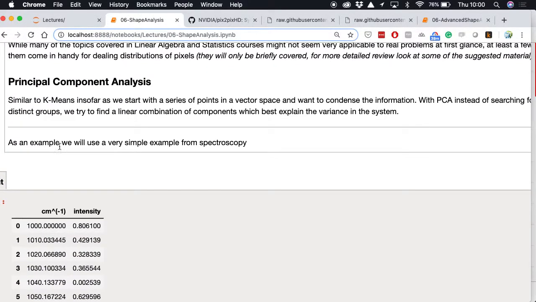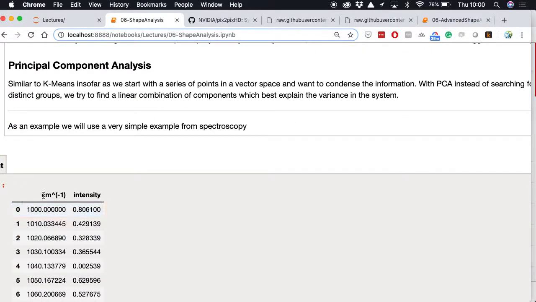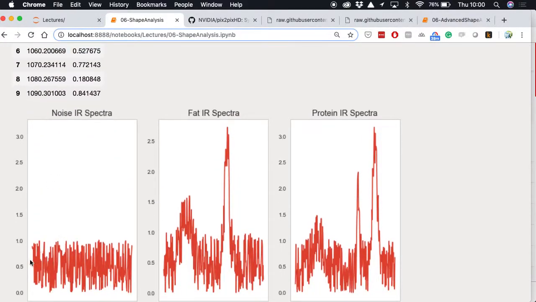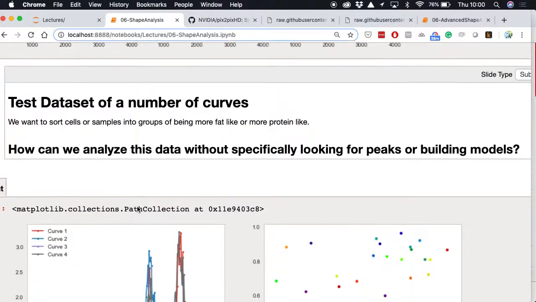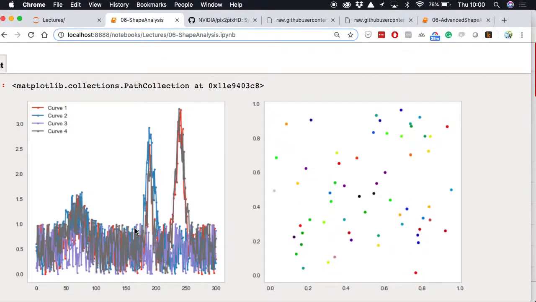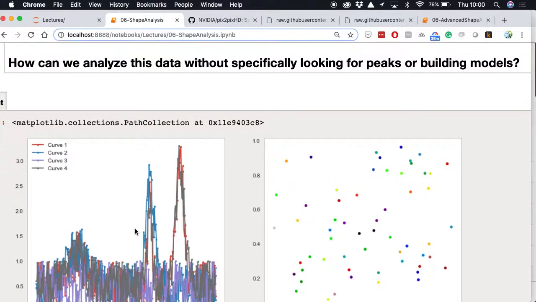An example here would be spectroscopy. For those of you familiar with Raman imaging or infrared imaging, you get spectra out. The units here are wave numbers. You don't really need to worry about that, but you have noise, fat, and protein. So you're looking at some kind of image of a cell, and you know what your different spectra are. And now you have a huge set of data, and you're trying to do something with it. And so you could try just plotting